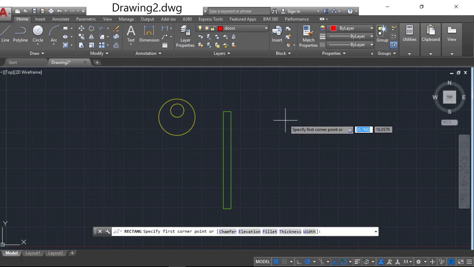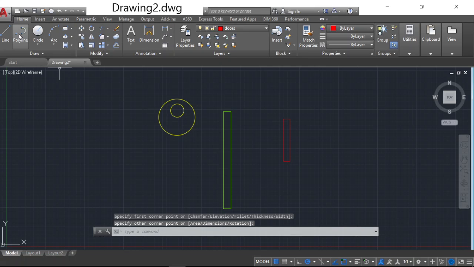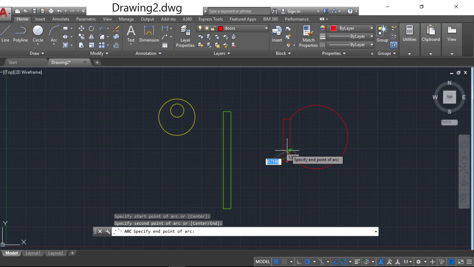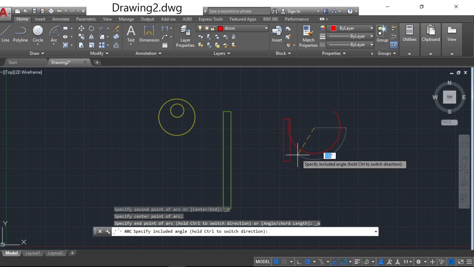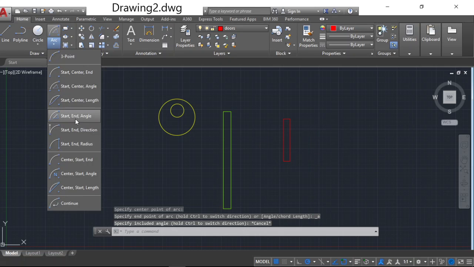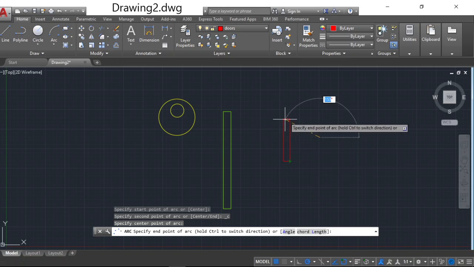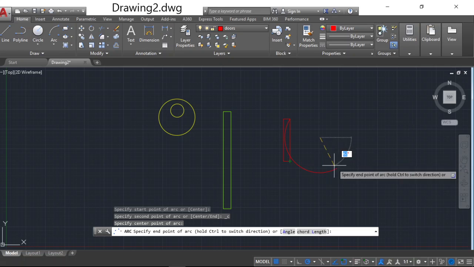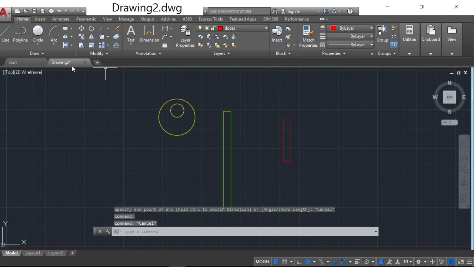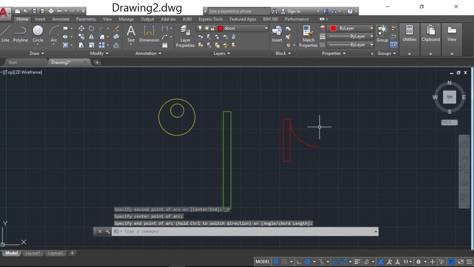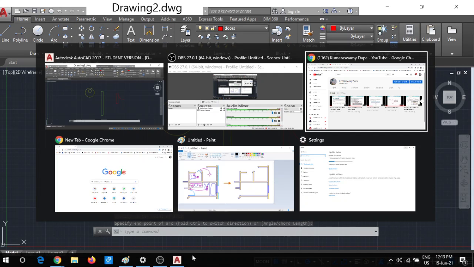Like this, we can draw some foundation, some doors.